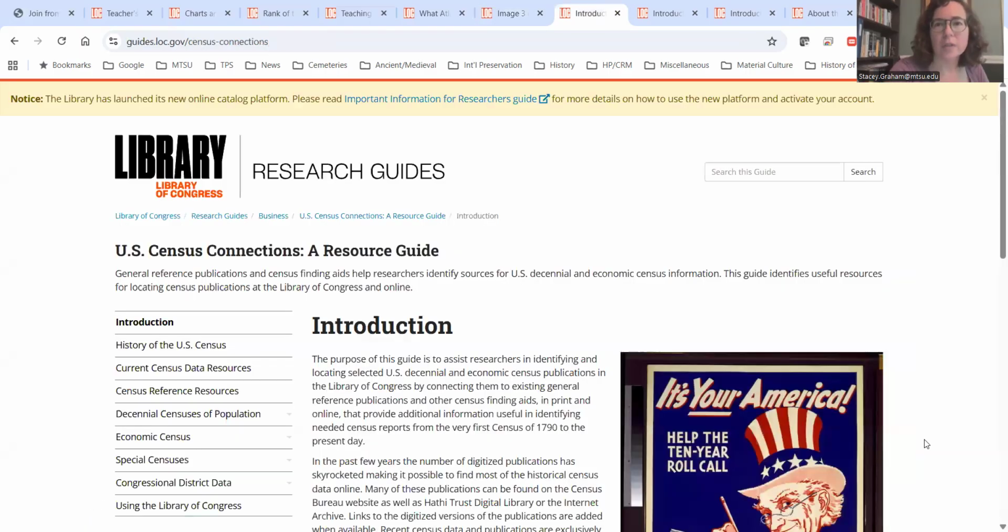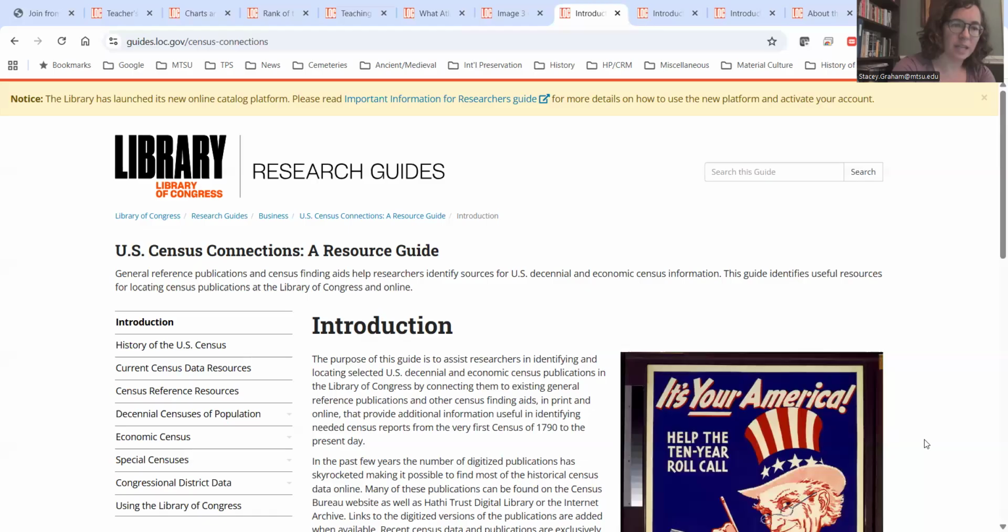Now, another great resource to use when you're trying to find these types of primary sources are some research guides that have great statistics resources on them. One is the US Census Connections. This is the one I probably recommend the most, because it's your doorway into all the different censuses taken for the US and where to find them. You don't have to have a subscription to Ancestry.com to access these things,